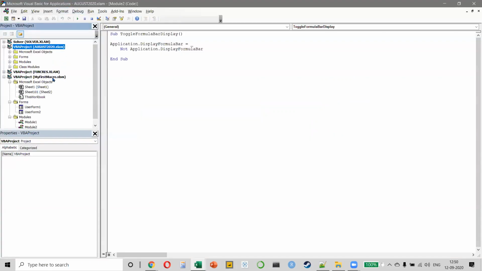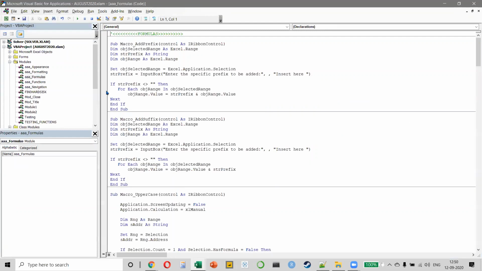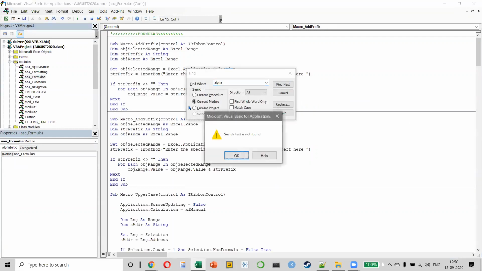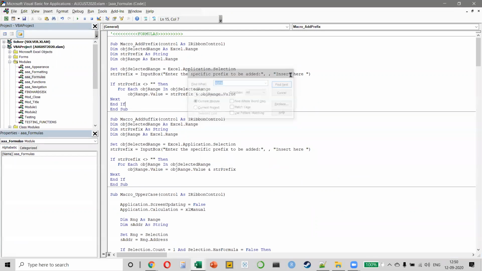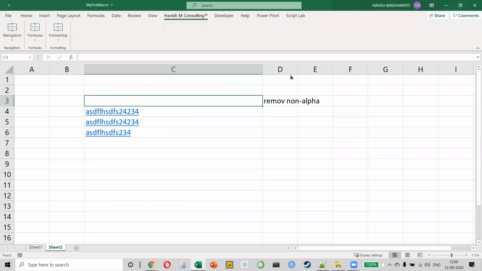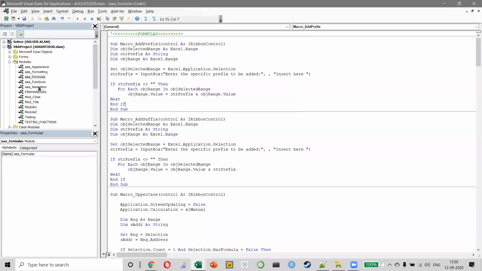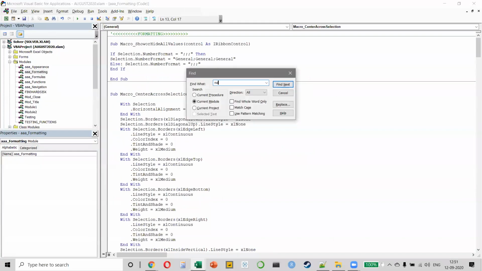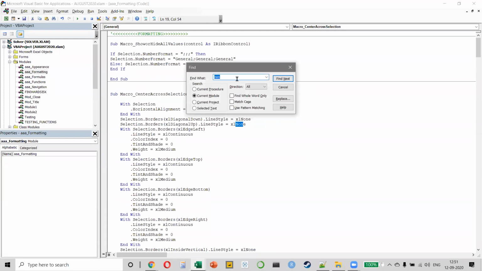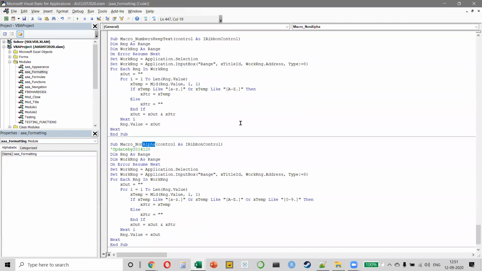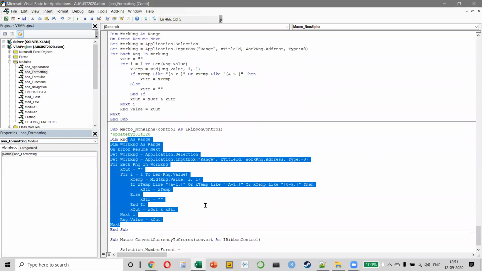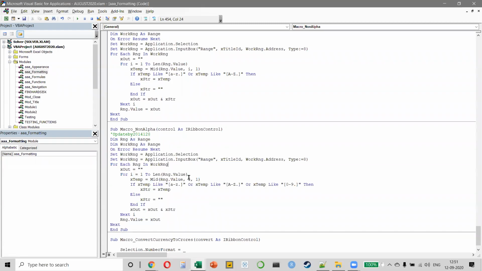If I show you the code here for remove non-alpha, just a moment. Do you see this, everyone? This is the code that I've written, which allows me to remove all the non-alphanumeric characters.